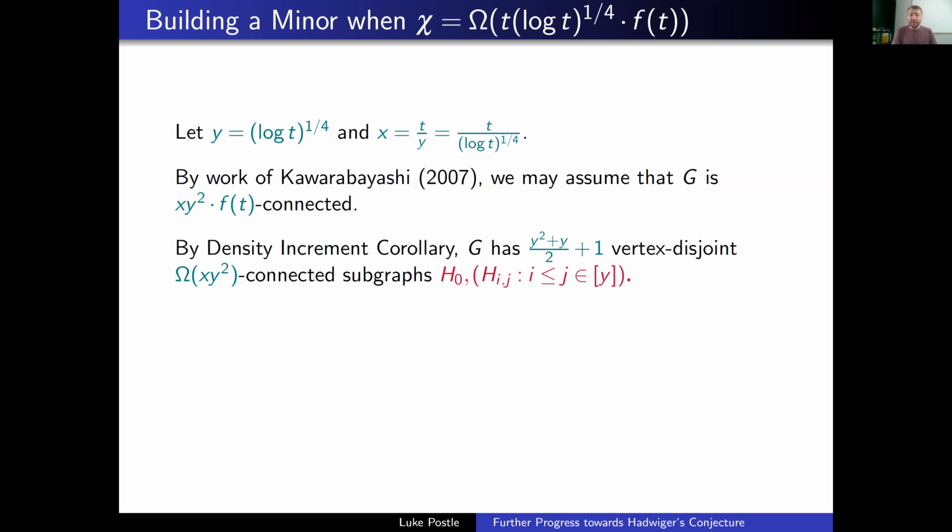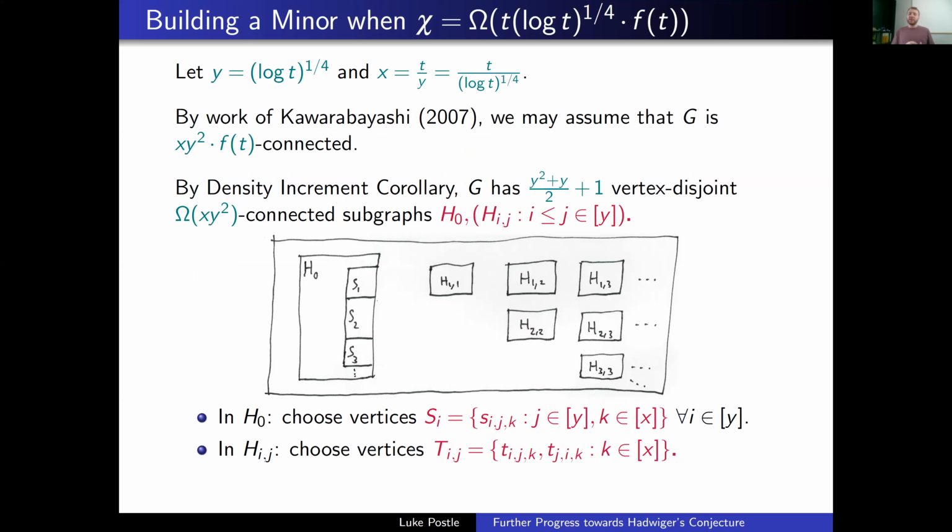And all very connected. So only at the cost of the ft, you can get them xy squared connected. So I'm going to call them h0 up to hij. So here's kind of a picture. You have one hub, h0, and then you'll have kind of rows and columns, the hij where i is